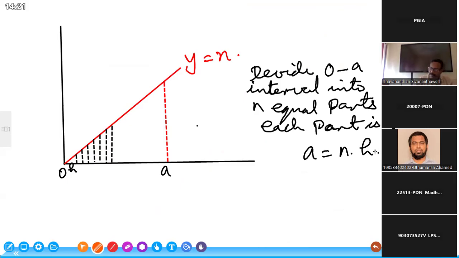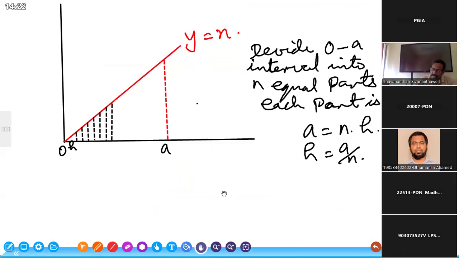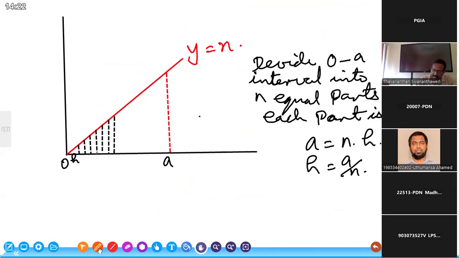From that, h is equal to A divided by n. h is the smaller unit that we have divided. So here we can take two